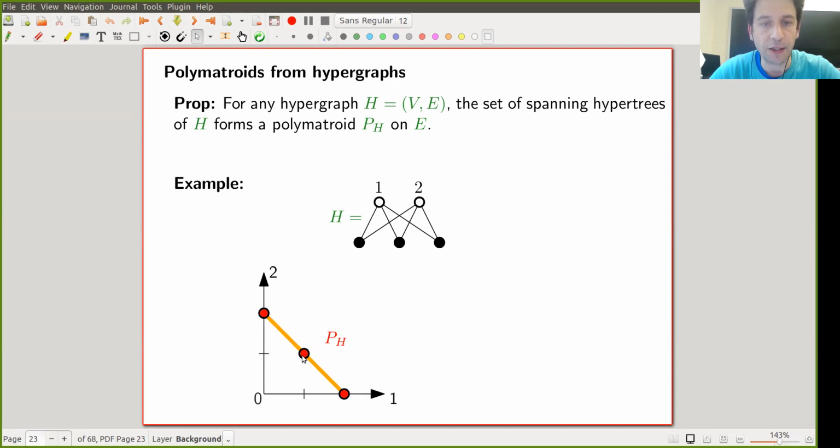It has 3 lattice points, and it's this line segment here from 2, 0 to 0, 2. For any hypergraph, if you look at the set of spanning hypertrees, they satisfy this exchange axiom and therefore form a polymatroid. And there is something to say about